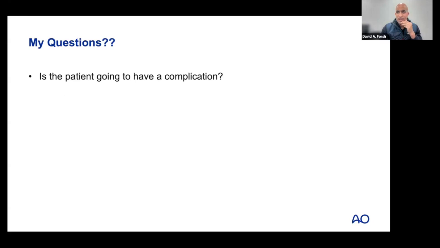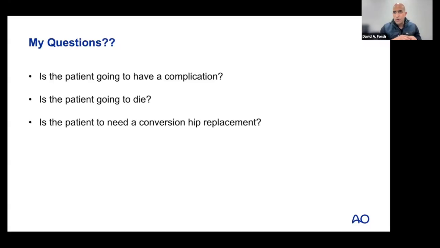fixation, some of the questions that I want to consider are kind of like the big four, big five questions. One, is the patient going to have a complication? That's going to be my first thing. Am I going to harm this patient by doing something, or is there inherent harm with a benign neglect approach? And is the patient going to die? What's the mortality? This informs me because we need to make sure that we're having appropriate conversations with patients and families and level setting so that we all know what to look